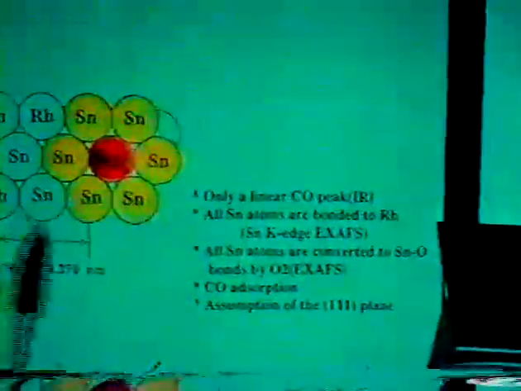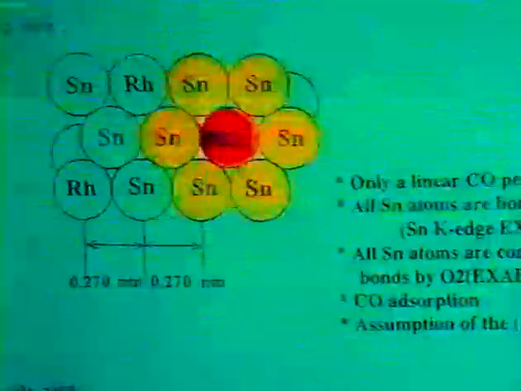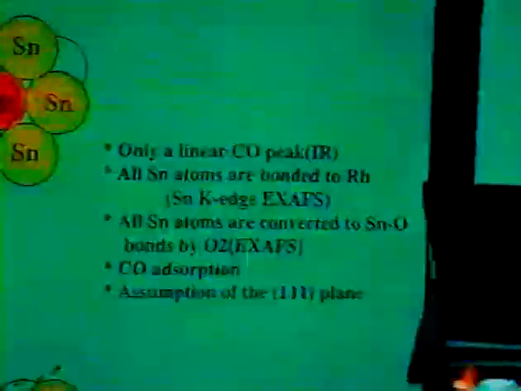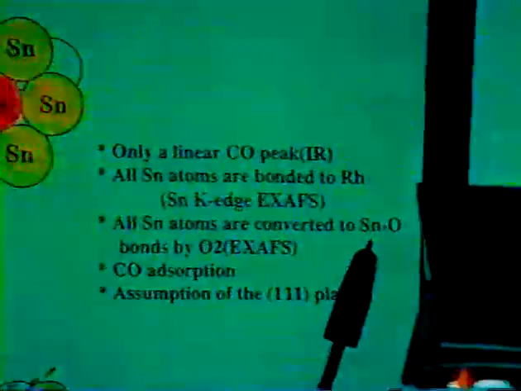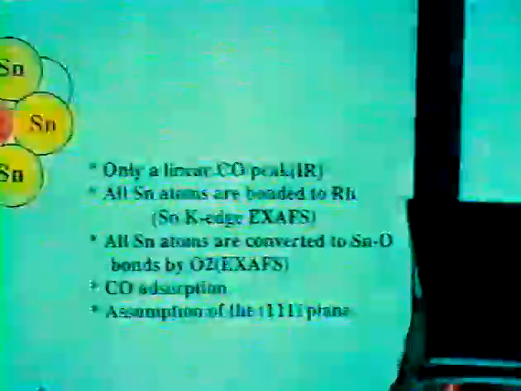One rhodium atom is surrounded by 6 tin atoms. We observed only a linear carbon monoxide peak by FTIR, no bridge type carbon monoxide observed, suggesting the rhodium atoms are located in isolated sites. So the isolated rhodium sites